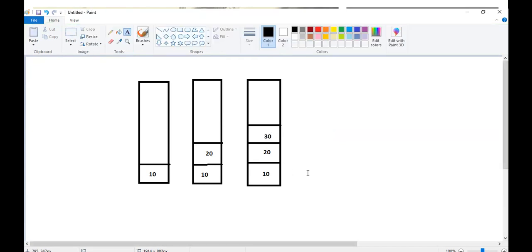Okay. So what is last in, first out? Right now last in is 30. At the time of removal, 30 will be removed. This is the last in, first out principle. So first 30 will be removed, then 20 and then 10.